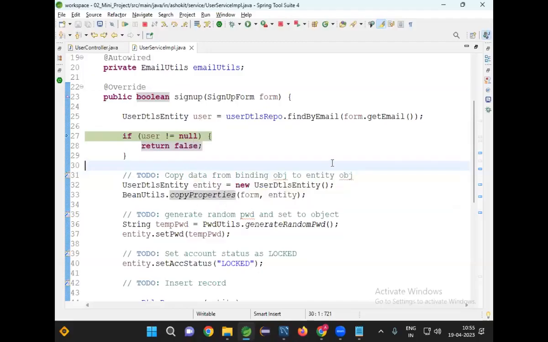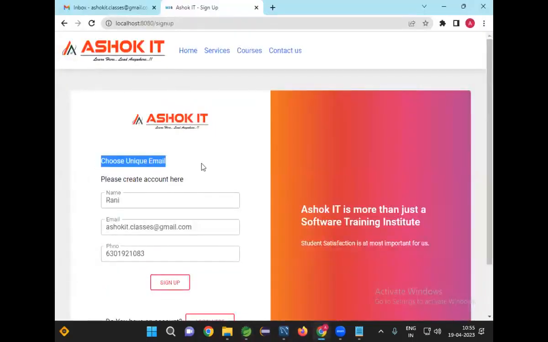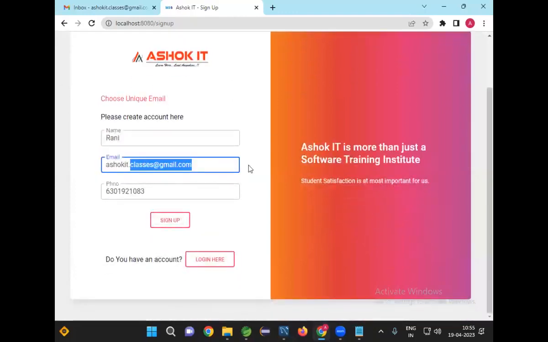Now, if the user record is not equal to null, what is my method doing? Returning the false value. If it is false, sign up is not happened. Error message. What is the error message? Choose unique email, return sign up page. Now go to that page. What happened? Error message is coming. Choose unique email. Now let me change that mail ID